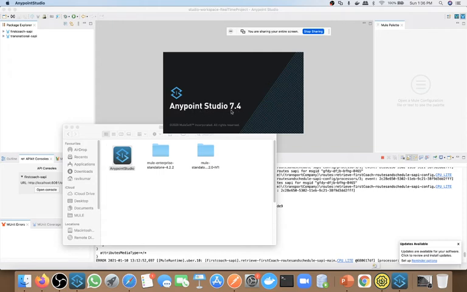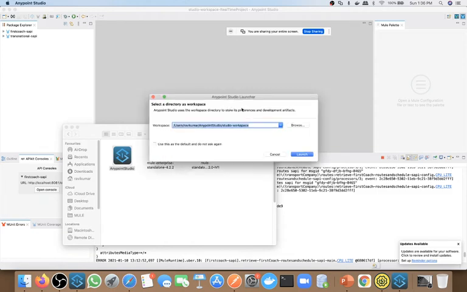This one is Anypoint Studio 7.4, but the latest version is 7.7, so once you download, you will get 7.7. Then it will ask for a workspace. You can create a new workspace or select the default one.